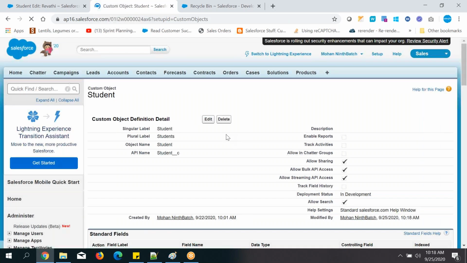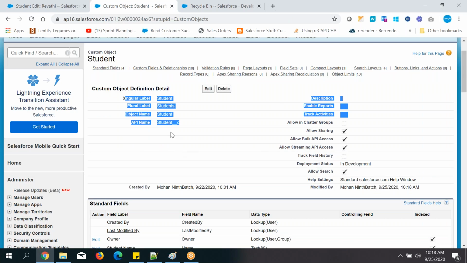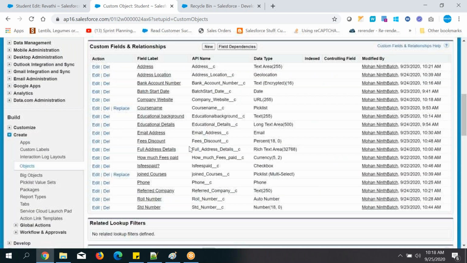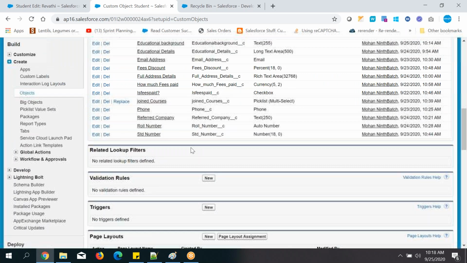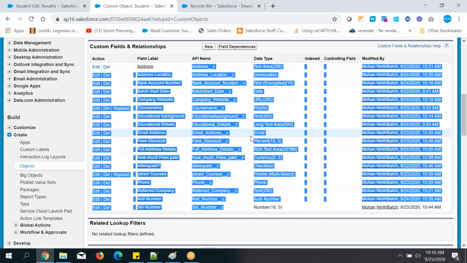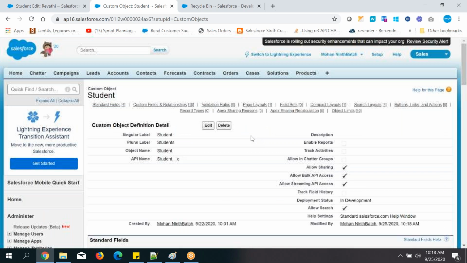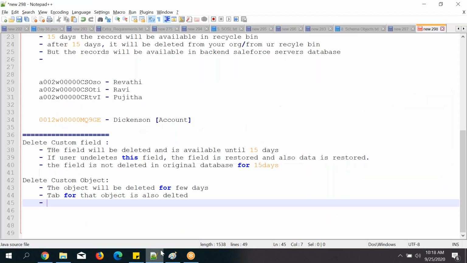That's it. API name is not changed for objects, but for custom fields, the API name is changed. Whatever previously created fields, all those fields will be restored now. They have restored the object. Okay, nice. So once you undelete,